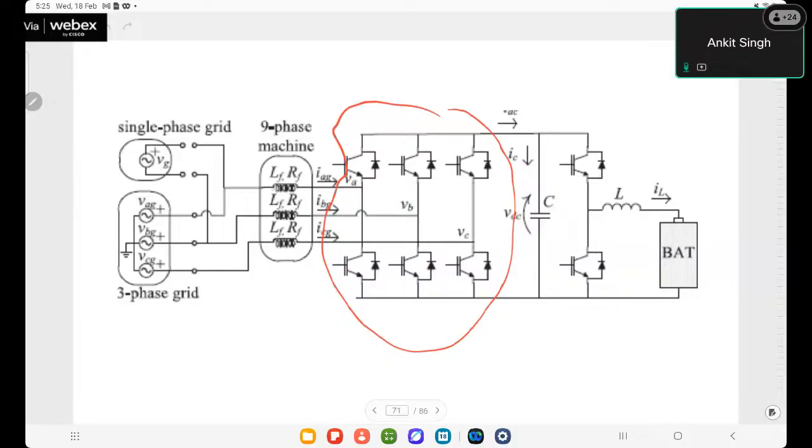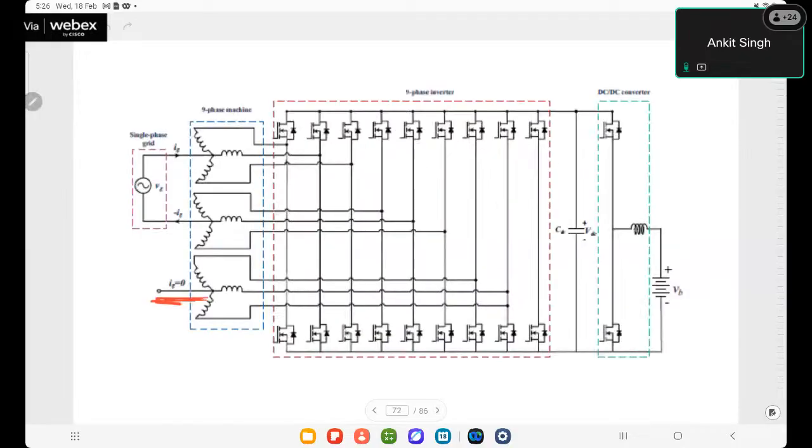But in this particular 9-phase system we can see that we don't require any if we only use three phase charging. And even if we are using only single phase, this is also one point when we compare